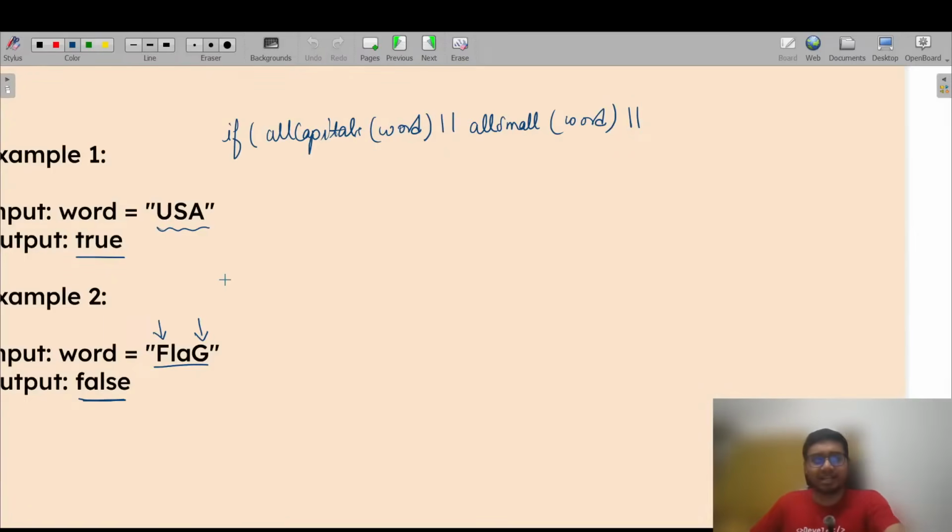Instead of checking, let's add this: the same method we are going to use, all small, but here we are passing this part only. Except the first character, we are passing the remaining letters, right? So like this, word